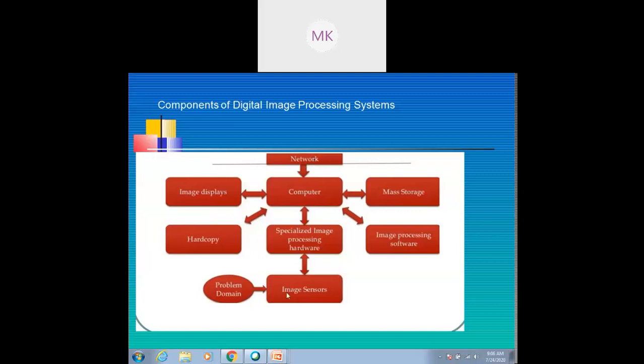First is the image sensor, which is used for sensing the image. Second is the hardware, which is used along with the digitizer for converting the image from analog form to digital form. Then the computer, which ranges from a PC to a supercomputer. Mass storage can be in the form of frame buffers or optical memories. Image processing software is the code that can be written either in MATLAB or in Python. A dedicated software can be considered for writing the image processing algorithms. So all these are about the components. So next,